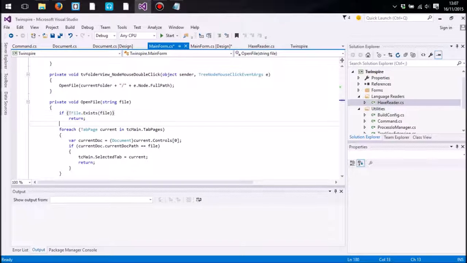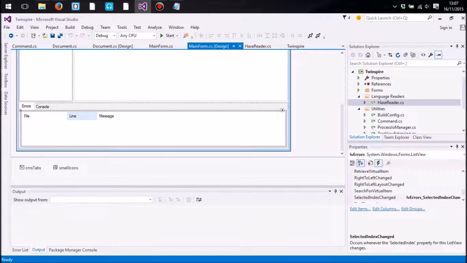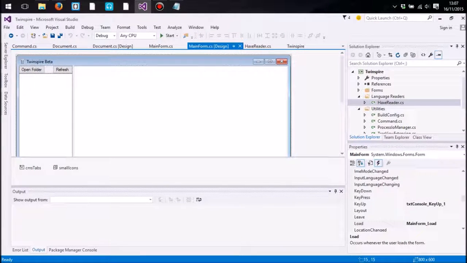Okay, I think that is everything. That is a lot of information and that took quite a while to do. So I'm going to leave it here. In the next video, what I'm going to do is go through the next couple of features that I want to implement into this, because this is a long video already, so I'm just going to leave it for the time being. So thank you very much for watching. I hope you enjoyed, and I hope you understand now exactly how